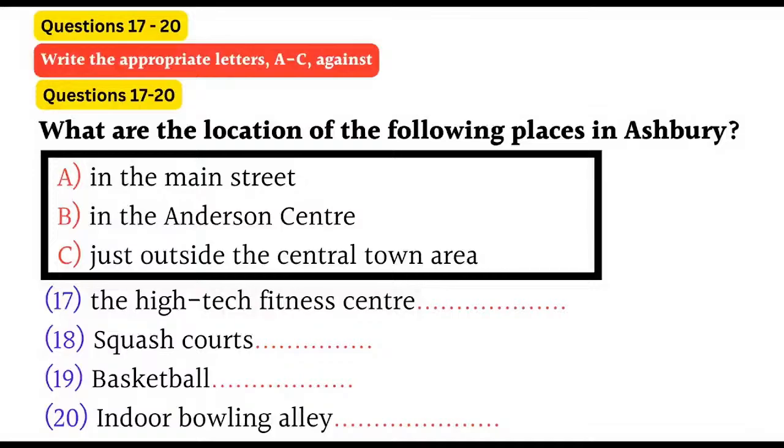Above the pool, there's a high-tech fitness center that any of you more serious fitness lovers would need to check out. Then, in the center of town, there's a sporting complex called the Anderson Center, which contains squash courts and facilities for a number of other indoor sports, such as basketball. And just around the corner from the Anderson Center, in the main street there, is an indoor bowling alley. All of these facilities are listed in the weekly newsletter, so I encourage you all to look through it and...